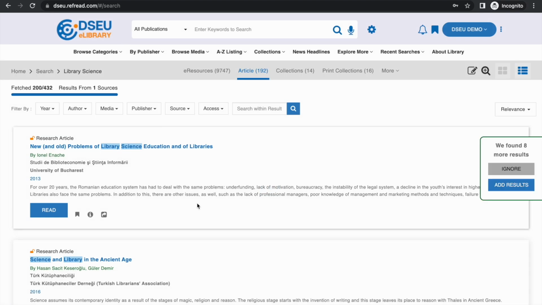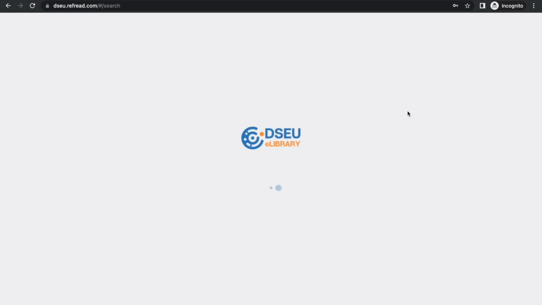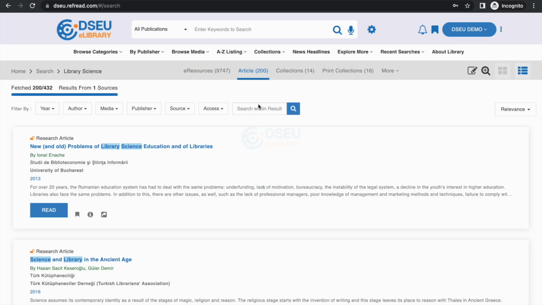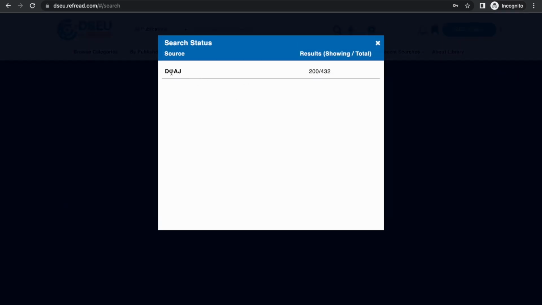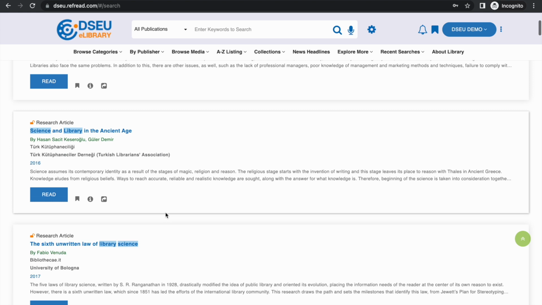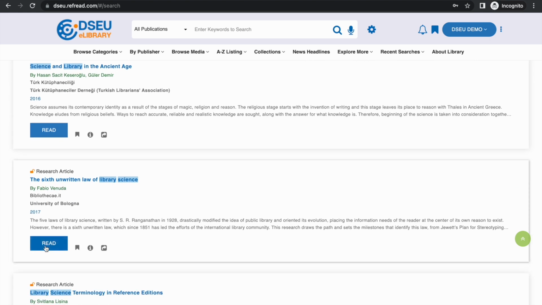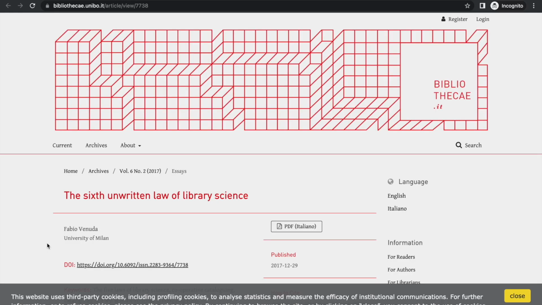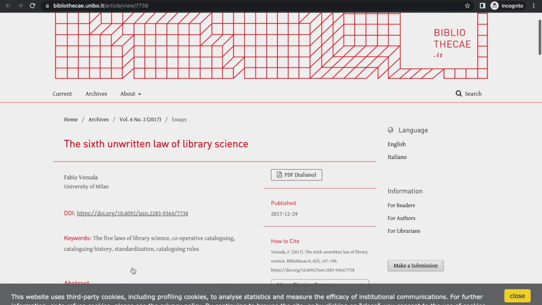As you can see, the article tab is a totally different mechanism, and we are using federated search for this service. So I've searched library science, and as I told you earlier, DSU is currently only offering open access collection. So we have integrated getting the research articles from DOAJ, the Directory of Open Access Journals, and